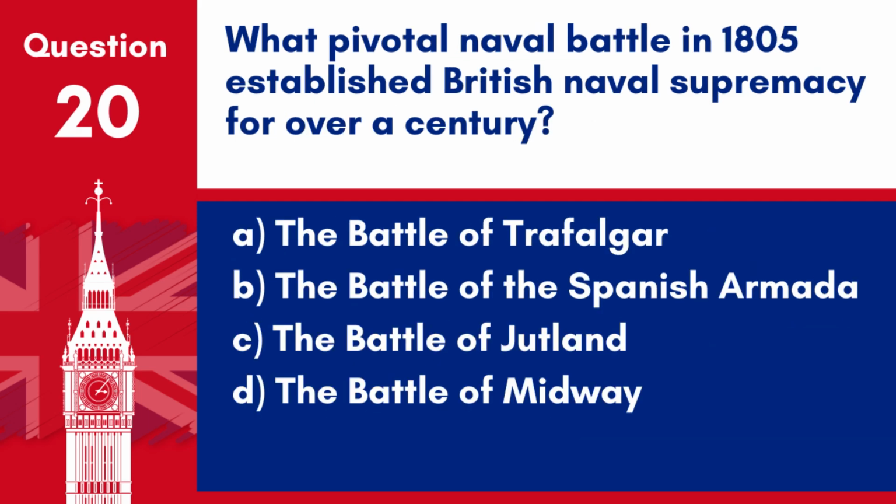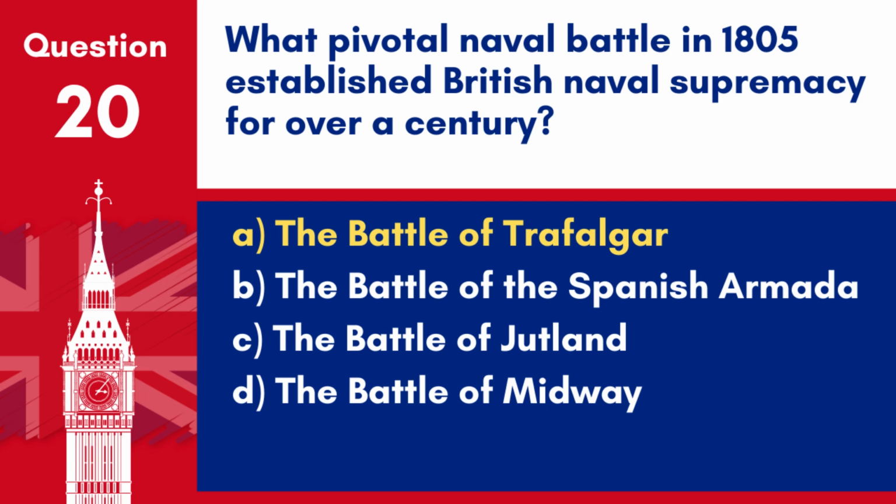Question 20. What pivotal naval battle in 1805 established British naval supremacy for over a century? A. The Battle of Trafalgar. B. The Battle of the Spanish Armada. C. The Battle of Jutland. D. The Battle of Midway. Answer: A. The Battle of Trafalgar. The Battle of Trafalgar in 1805 established British naval supremacy for over a century and marked a decisive victory against